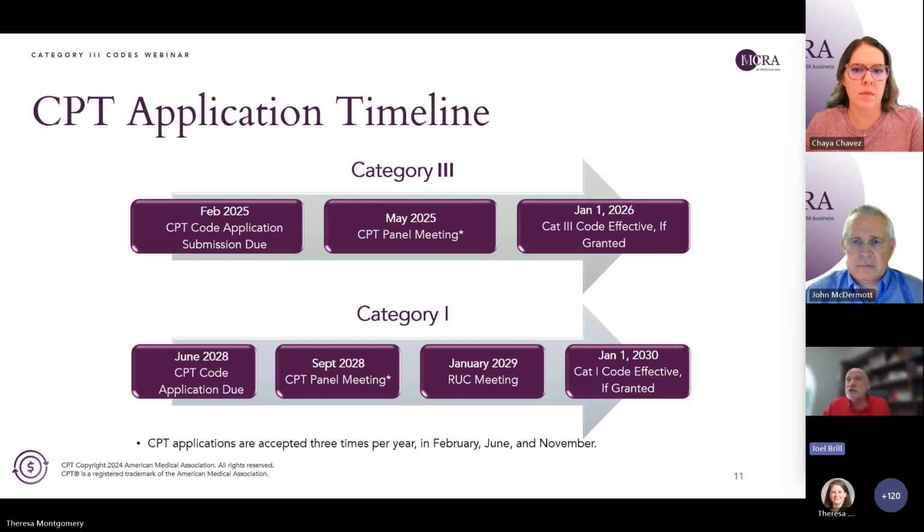They may also ask questions about difficulty. They cannot ask questions about cost or things of that nature. They won't ask questions about specific time, but they're trying to learn, how is this different from an existing code or codes, and whether this meets the